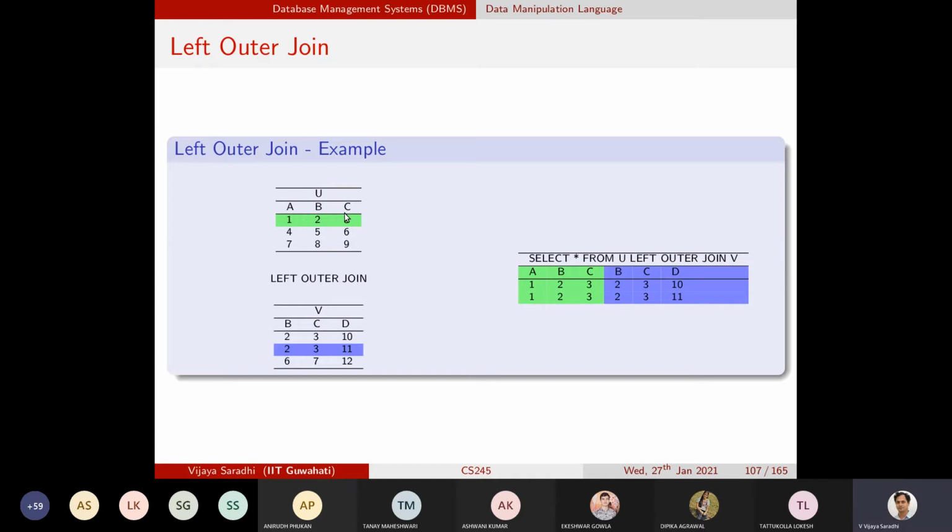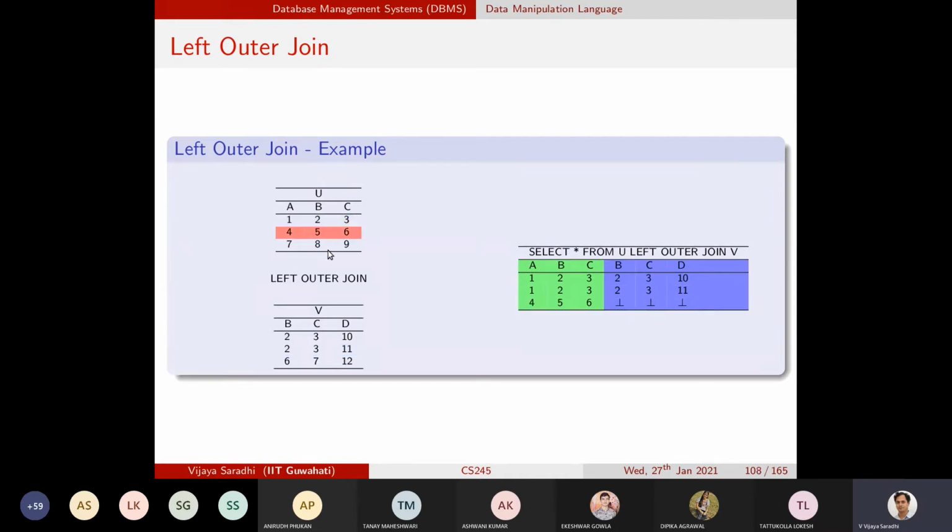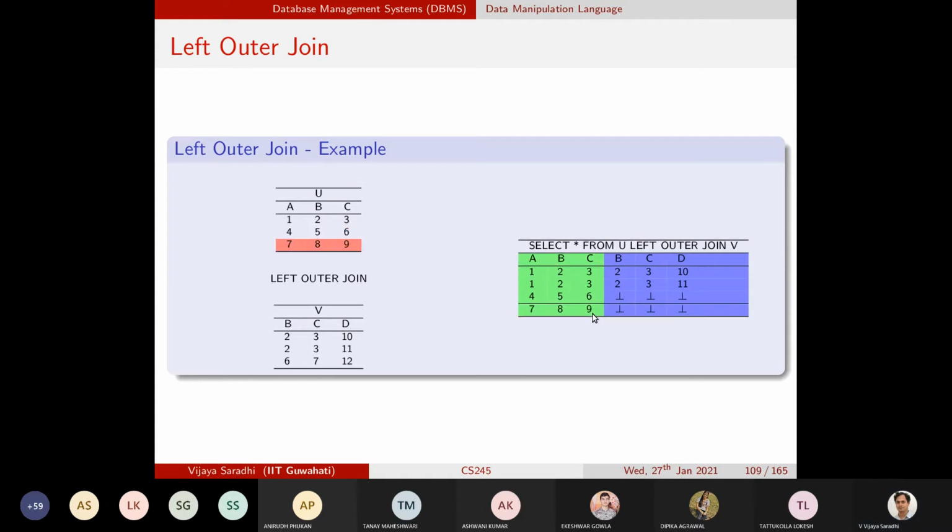U, BC in V match. Right, those 2 records will be pulled in over here, and then the second and third record of U will not be matched with table V. Still, they will be put as a part of the result set.